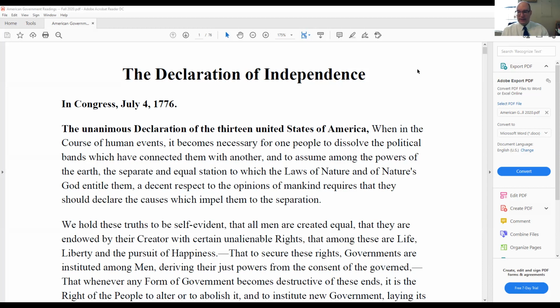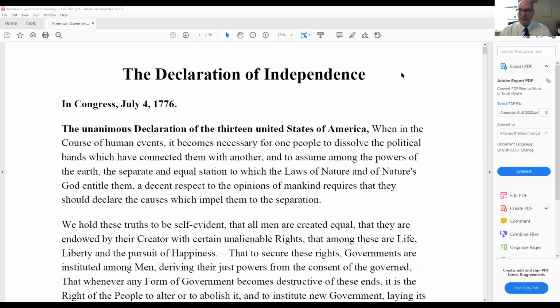Now, that being said, it's an extremely important document in terms of articulating the principles, the ideals of American political life, okay? So what it's stating here in this first paragraph, a lot of these underlying ideas are extremely important and really shape American political life right up to today, and probably for as long as there will be an American political life, as long as there will be a community of the United States in which people share some of the same basic ideas and are bound together by those ideas. Okay, so the next paragraph is the most famous one, but this first one is important.